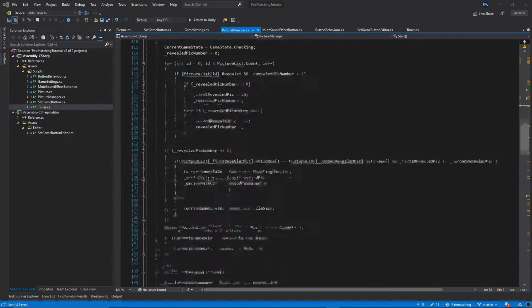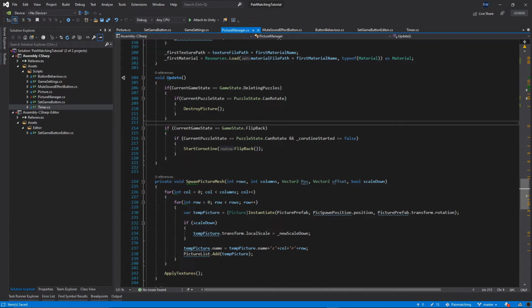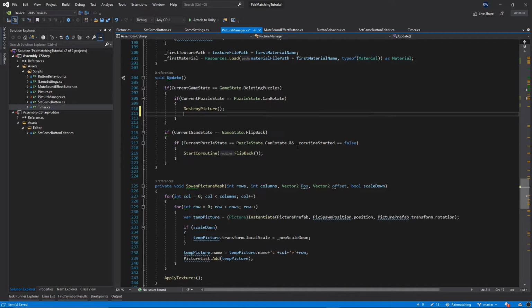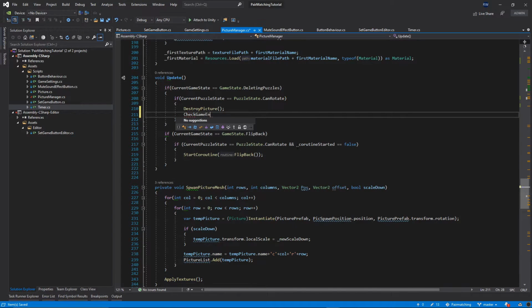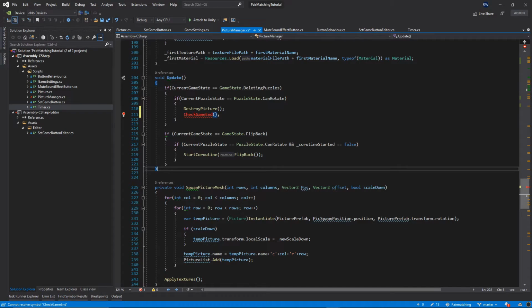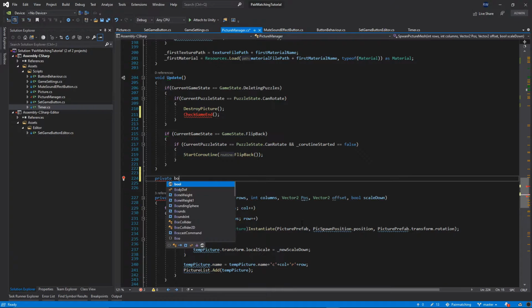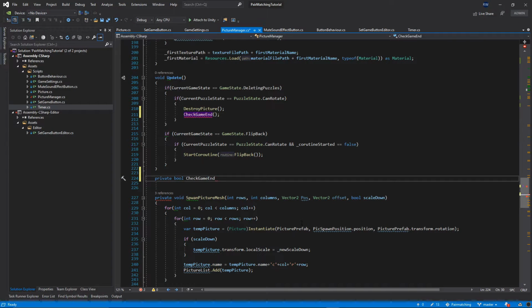Okay, so let's go to our update method. And inside the update method, when we destroying the picture, we're gonna check if the game has ended. So I will just create a function check game end. Okay, and let's implement this function now. So I'll just copy this name, and below the update method I will call private bool check game end,